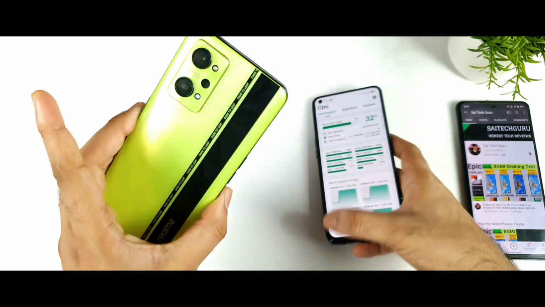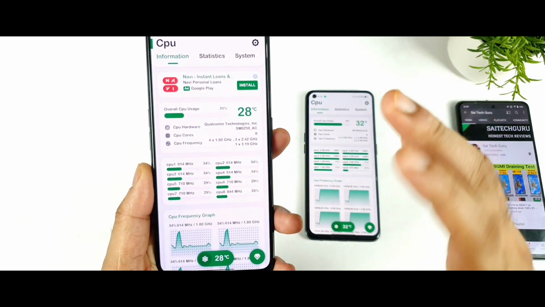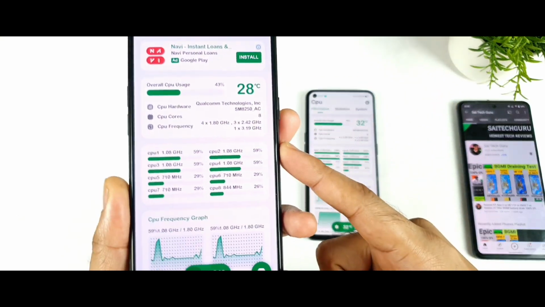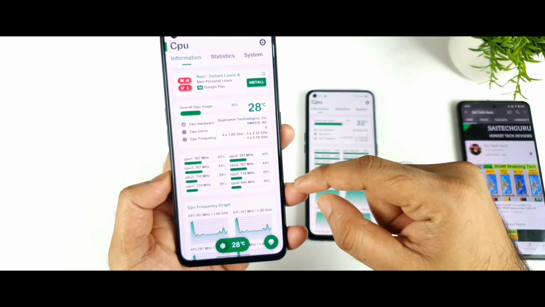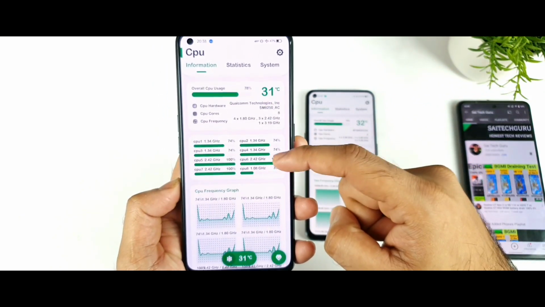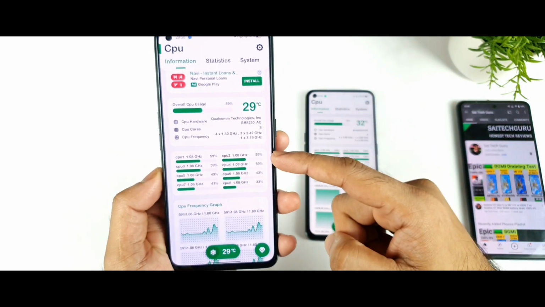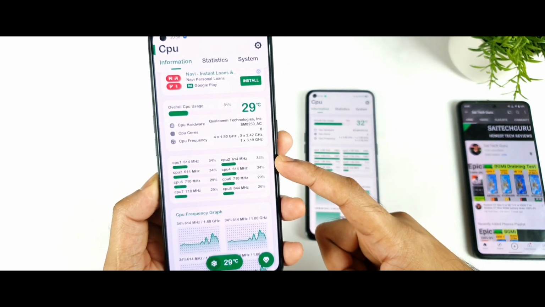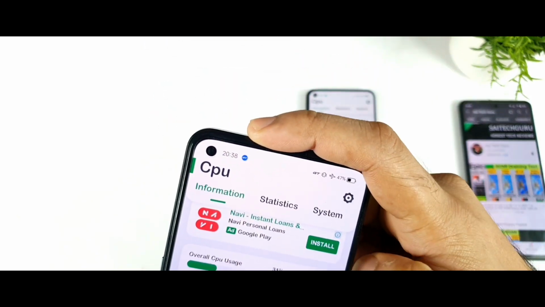But on the Realme GT Neo 2, they are not utilizing exactly 100%. I mean, they are not fixed at all. They keep changing, increasing and decreasing. When you need it, the phone will definitely go to 100% and try to utilize it, but when you don't need it, they will not utilize 100%. You can see how the CPU core levels behave, even with GT mode turned on.